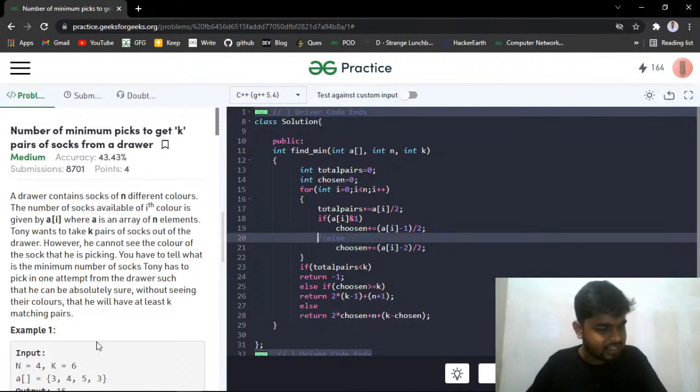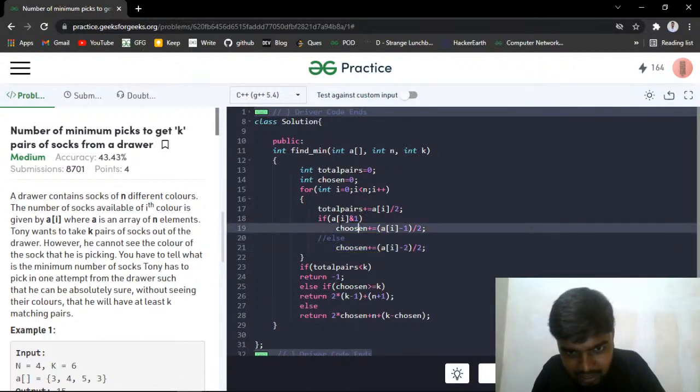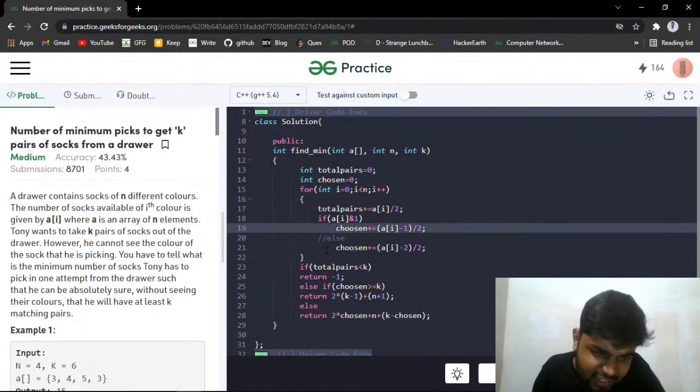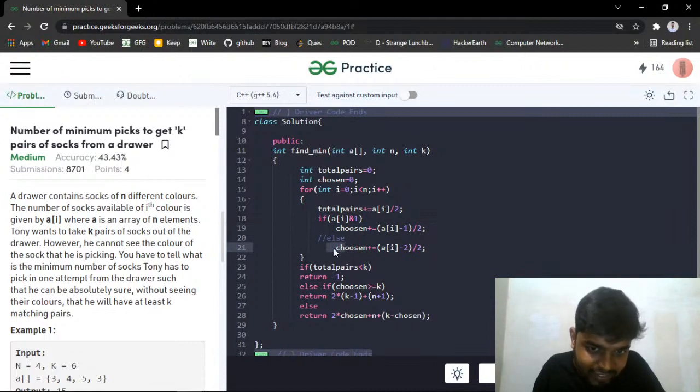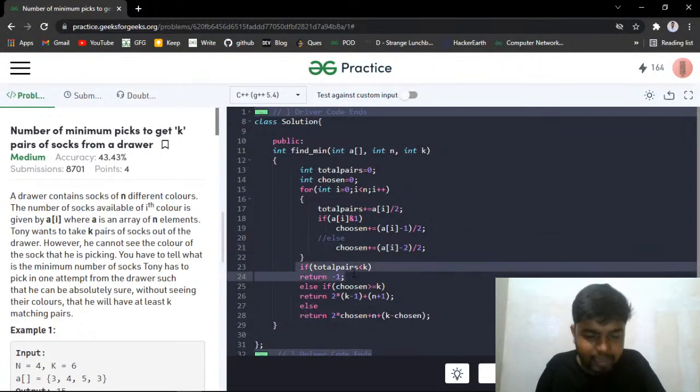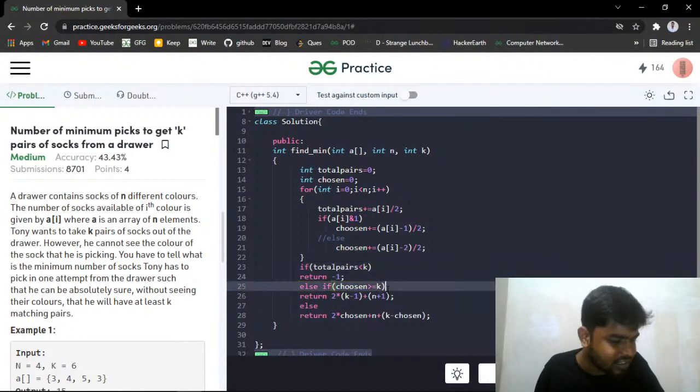Now this will tell me what I can add. If it is even, let's not take one pair from it, and if it is odd, let's not take that one odd sock. Then I'll check whether the total number of pairs that I can make is less than the k pairs that I require. In that case I'll simply return -1, because my answer is not possible. In the else-if part, if the chosen pair count is greater than or equal to k,